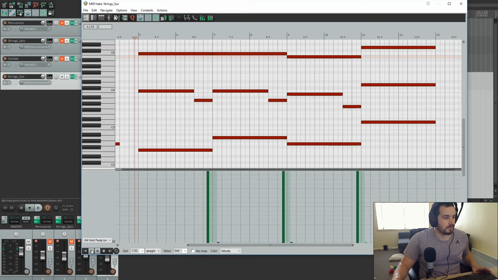So let's listen to this again. And that's how you fake it. And that only works in some circumstances. But something you have to be wary of is that because it's sustained for a bit longer, the note won't technically change until here. So if your patch allows you to double up notes,